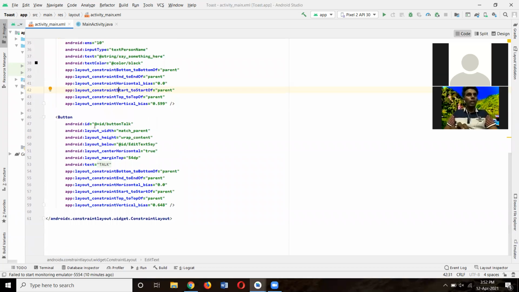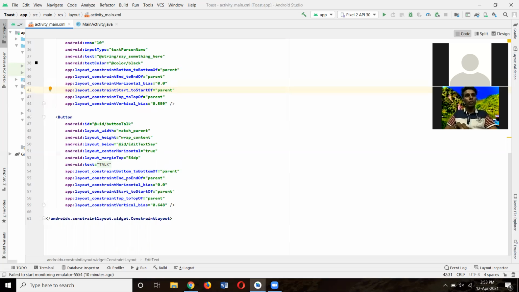For the button, the ID is button talk. Layout width is match parent. Layout height is wrap content. Layout below is ID edit text. The layout center horizontal is true. Layout margin top 54 dp. Text is "Stop." Layout constraint bottom to bottom of parent.